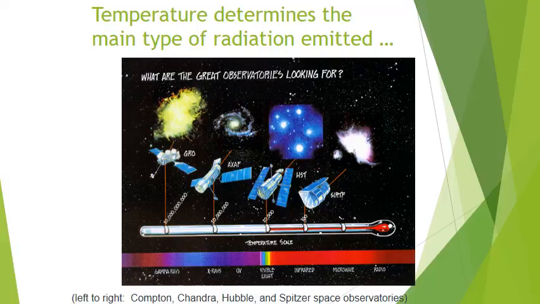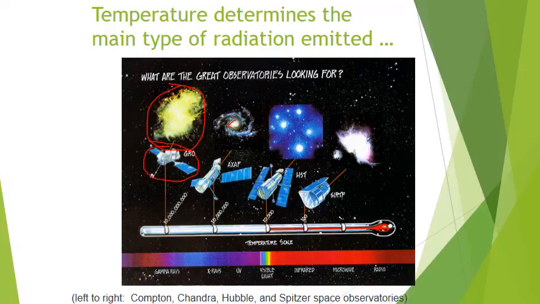Well, it turns out that if you're looking at something that's very, very energetic, like a star that has exploded, that's called a supernova, an exploding star produces a huge amount of energy at extremely high temperatures. So that type of event produces a lot in the way of gamma rays. It produces all kinds of radiation, but for the most part, it produces your most energetic type of light, which is gamma rays, and therefore you would use a gamma ray observatory.